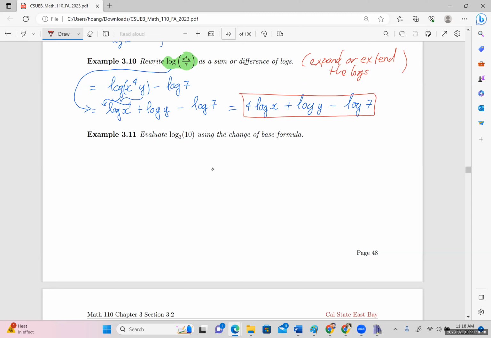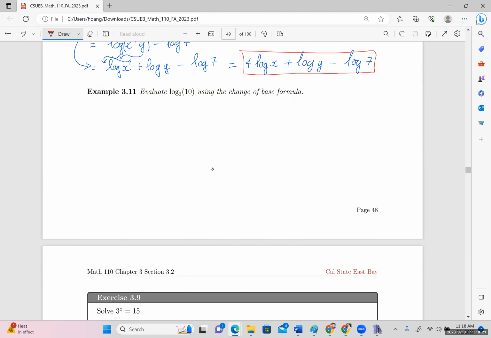Okay. The next one is 3.11. Let's go on with that. Evaluate the log base 3 of 10 using the change of base formula. So keep in mind that we want to use the change of base formula. We want to evaluate this, right? And by using calculators, you should